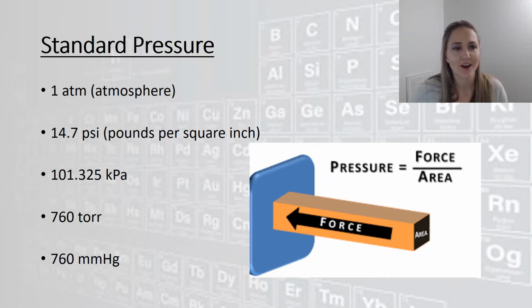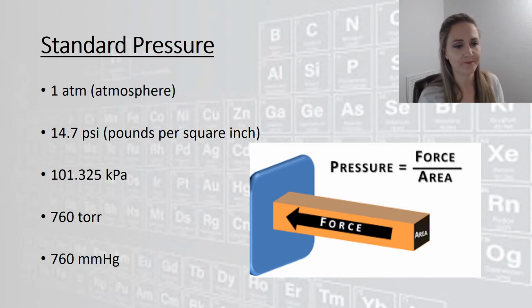Pressure. What is standard pressure? Well, first of all, make sure you understand what pressure is. Pressure is the force that's exerted on something per unit area. So keep in mind when I'm talking especially about gases, when I'm talking about collisions, those collisions are exerting the pressure that we experience. So standard pressure is equal to 1 atmosphere, which is equal to 14.7 psi, or pounds